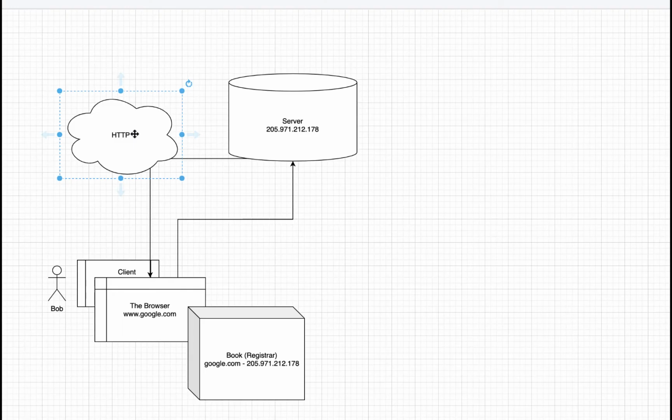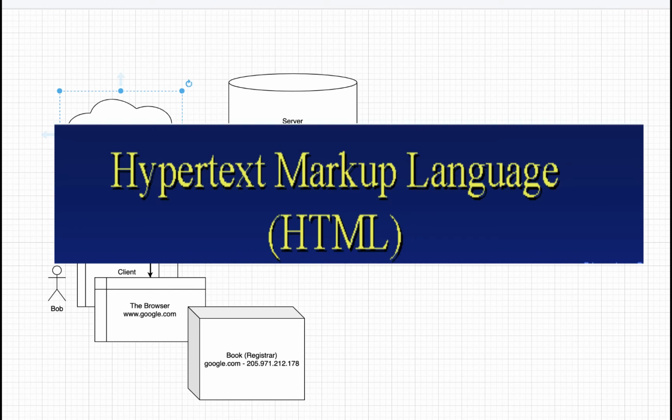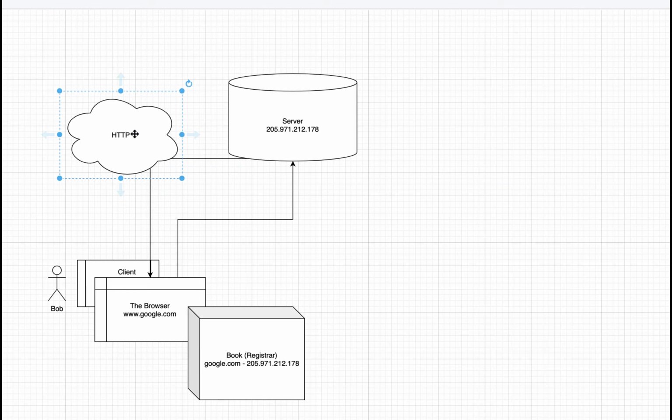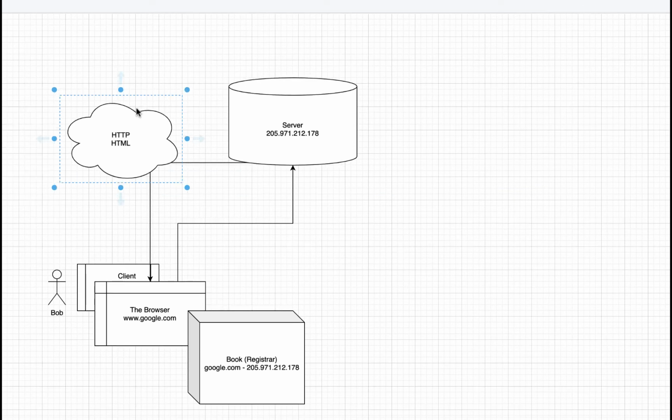So in this package, the server, which communicates with me through the protocol HTTP, returns something which is called an HTML. That is an HTML page. This is how browsers work. And notice that in HTTP, the HT stands for hypertext, and in HTML, the HT also stands for hypertext, which is why the protocol and the response are similar. We're going to talk about the HTML that is returned.